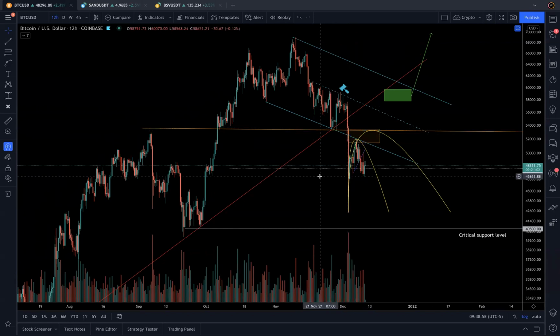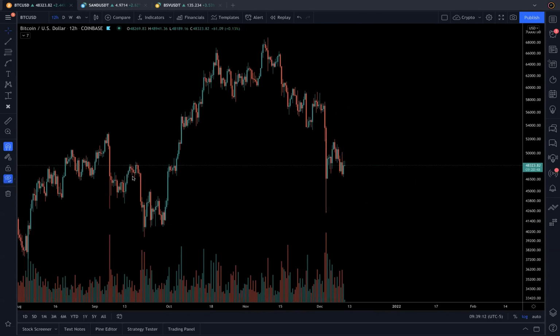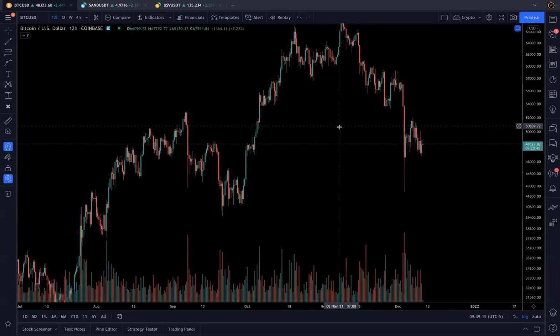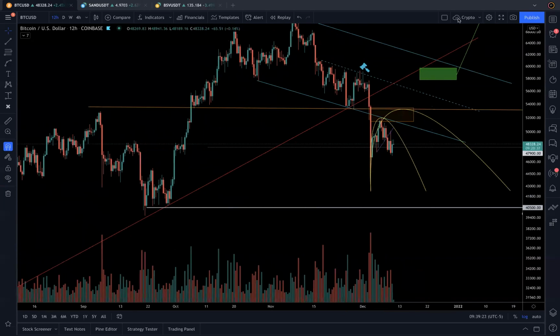This gives you so many clues as a trader. This art of TA gives you so many clues and so much information. Without this, it's impossible to understand. If I hide the drawings, it's impossible to understand what is happening. But if you put these drawings, it makes so much sense why it is rejected. You can say this is a line, that's why it's rejected. Why did it reject here? Because you draw a midline and then you get all these points of rejection. Why is it supported? Because there is a red line and there's an intersection.